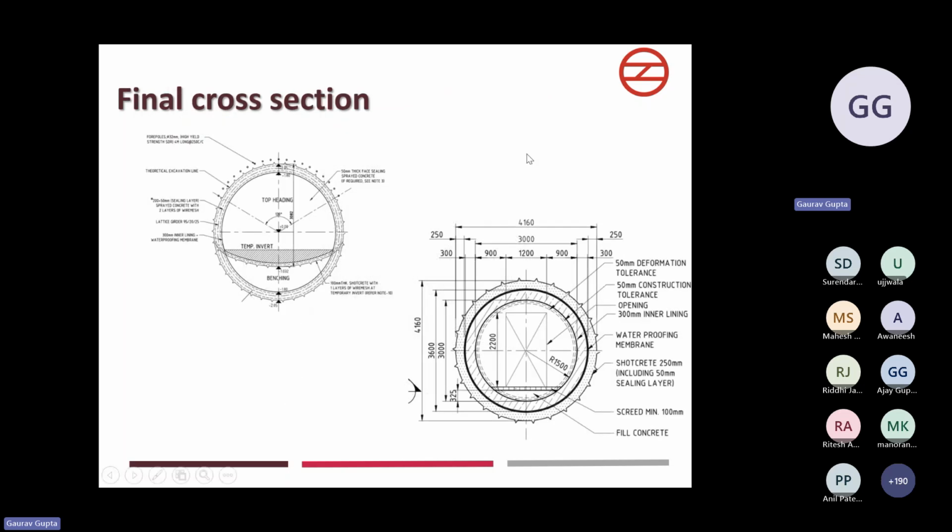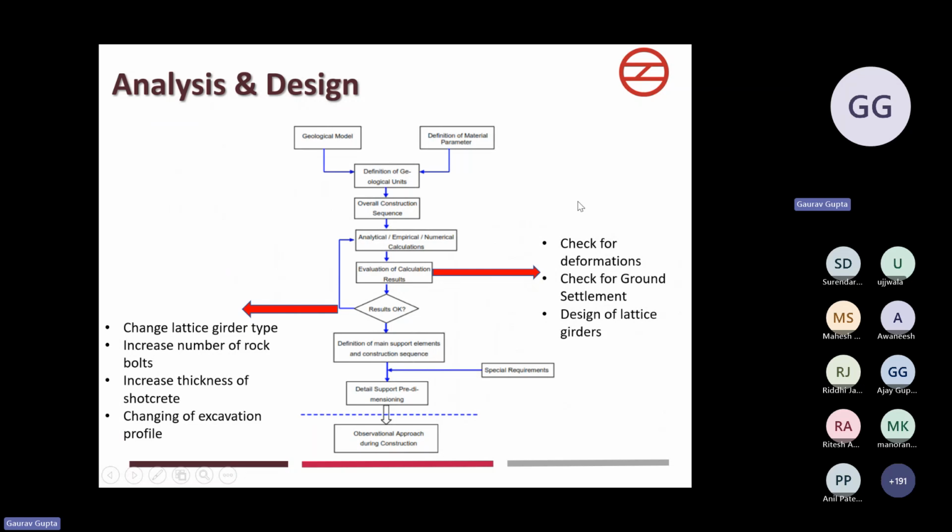This is a final typical circular cross section which shows all the four poles, permanent lining, top heading, benching. And now comes the analysis and design part of this cross passage. Similar theory will be applied as per the stations which I have explained in detail, and in the tunnel. Firstly, the geological model, then the definition of material parameters, then geological units, then overall construction